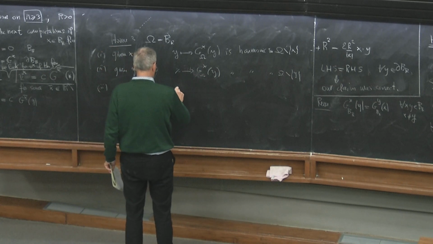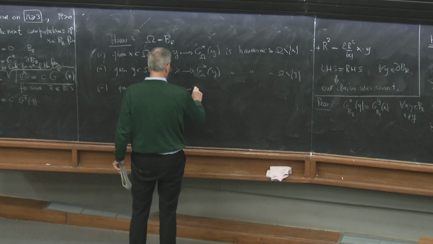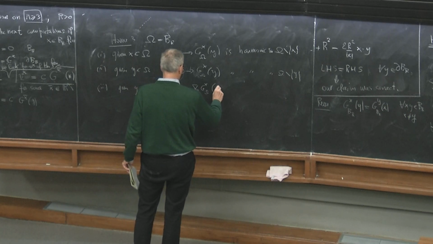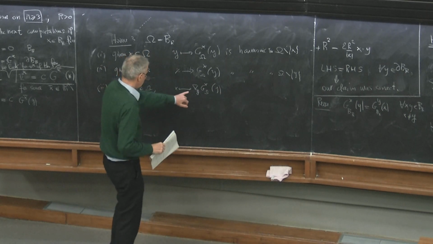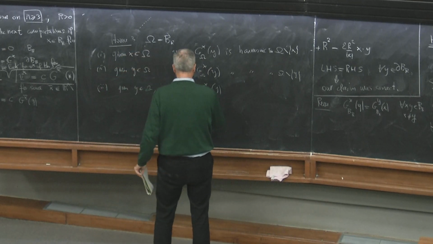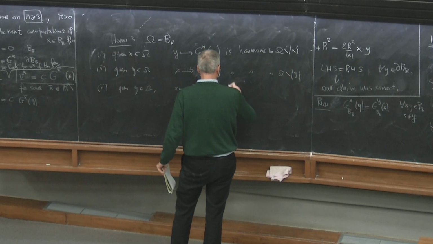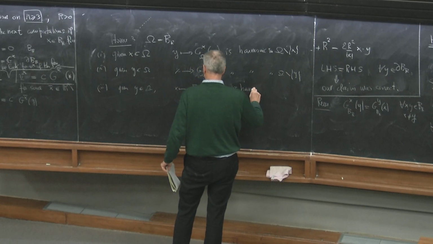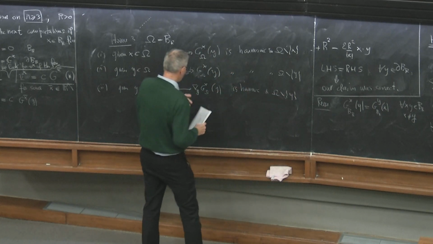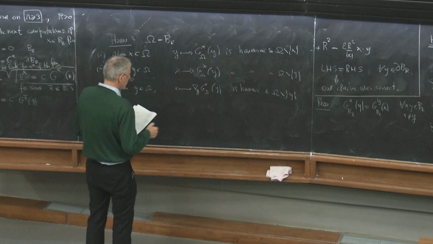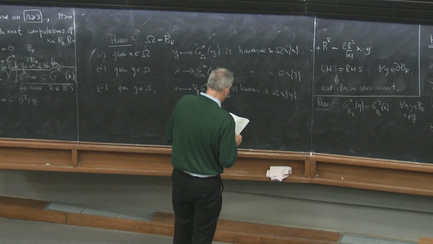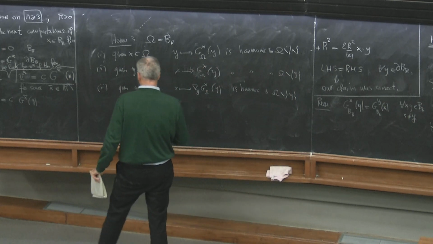the function x associating the gradient, now this is a vector valued function, so all components, is harmonic in omega minus y, in the sense that all components of the gradient are harmonic. 4